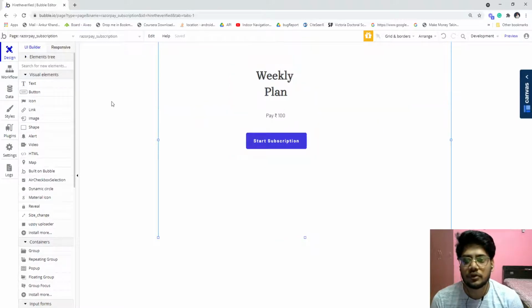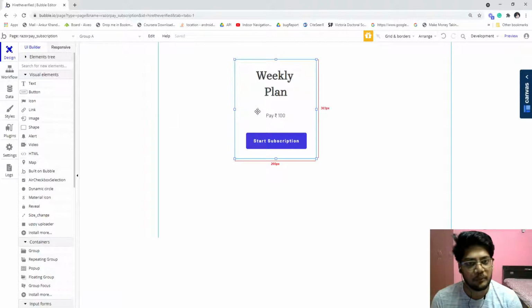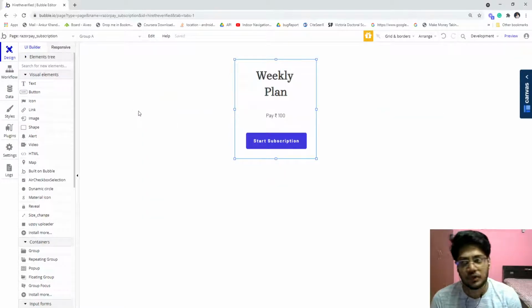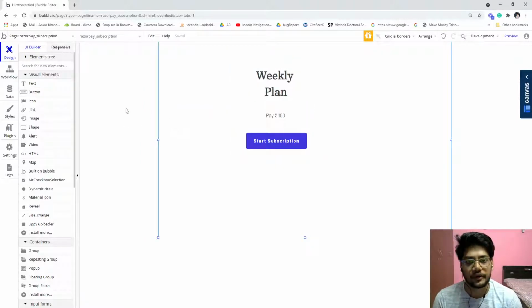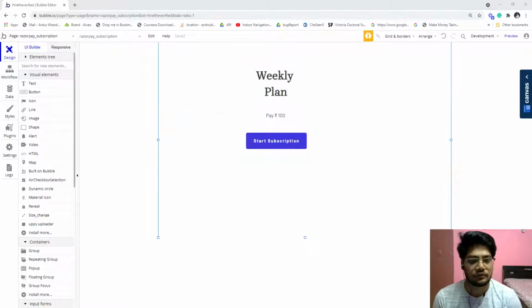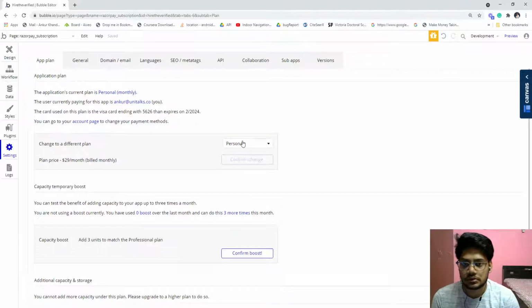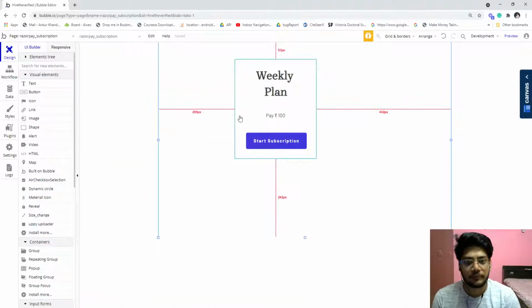In the same way as the last video, I am not going to give a library demo, but show you the code directly that I have used, because with Razorpay there are a lot of issues, and if you miss even one syntax, it gives you an error, but not the right error. One more thing before starting: you need to have a paid plan. Personal will work. They have personal, professional, production. Use any one, but you need to have a paid plan.